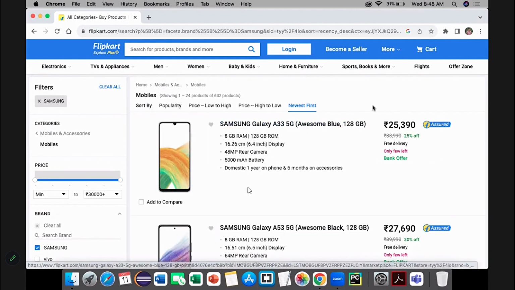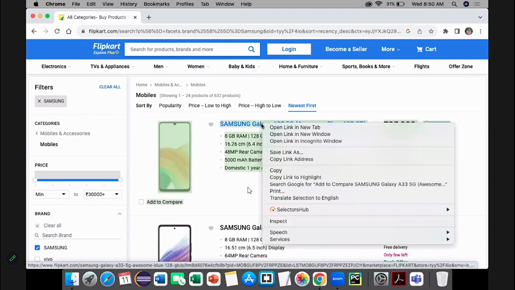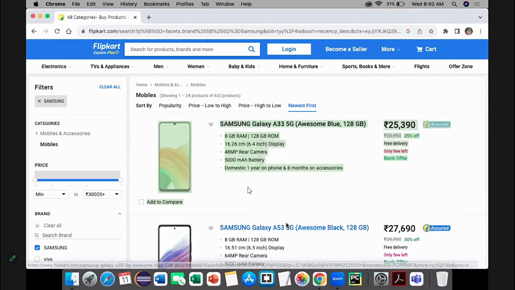So you know how to identify this one, right? Yes, the name of the product. Now we'll see how to identify these names. See, the theory we have written, right? That absolute XPath and relative XPath. What does absolute XPath say? It starts from root node to child node. So let's say if I want to identify this one,